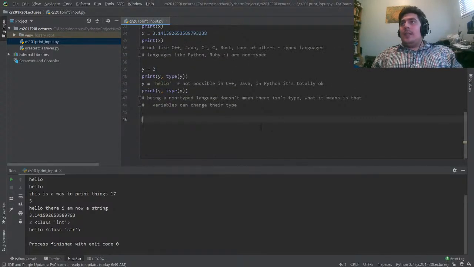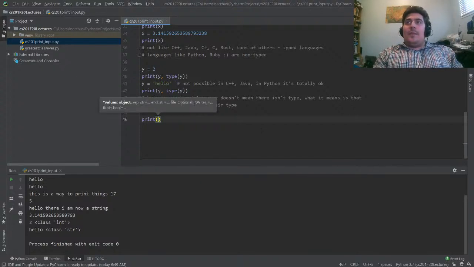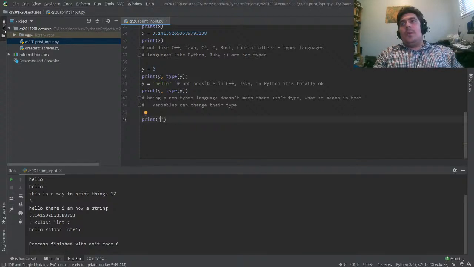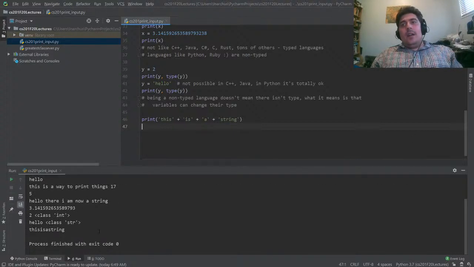Okay, so let's keep going. There's another way to print multiple things. So for instance, if you want to print multiple things and say they're all strings, you can print this is a string. And so this will print out this is a string, but you'll notice that it doesn't have any